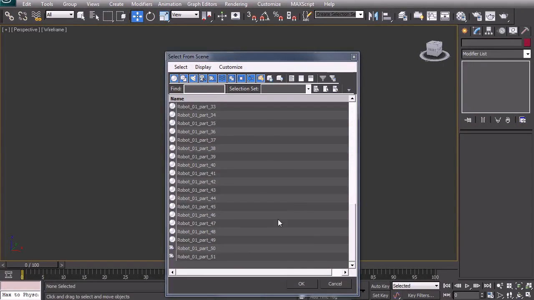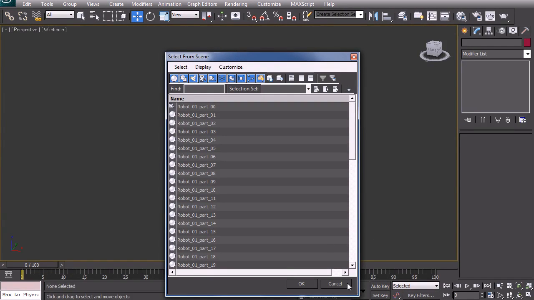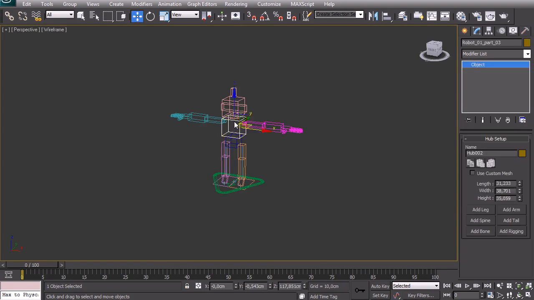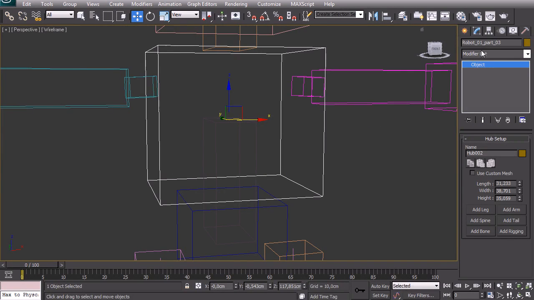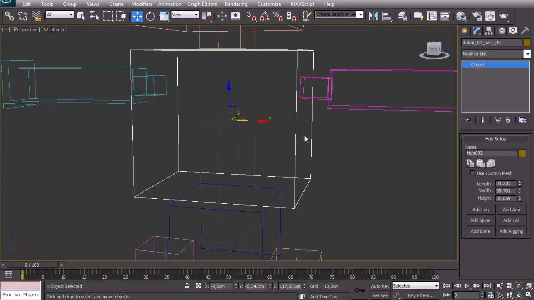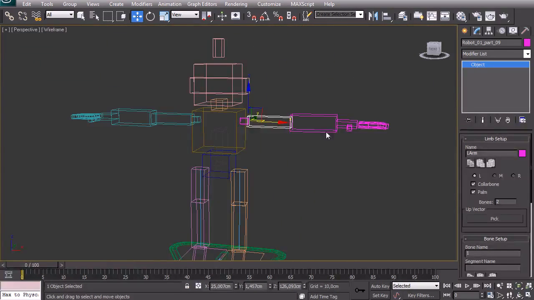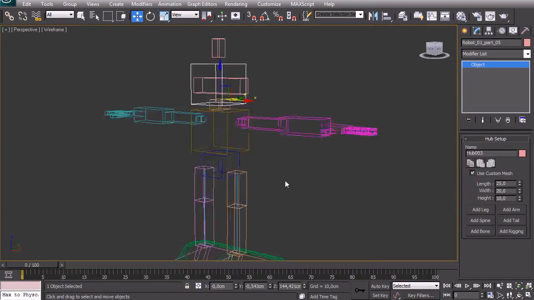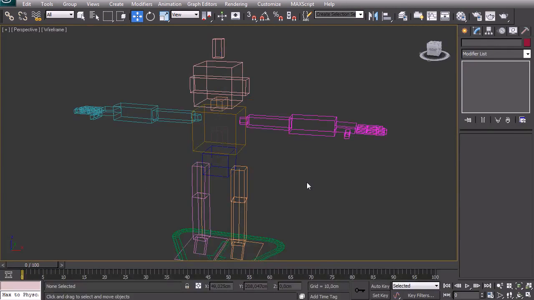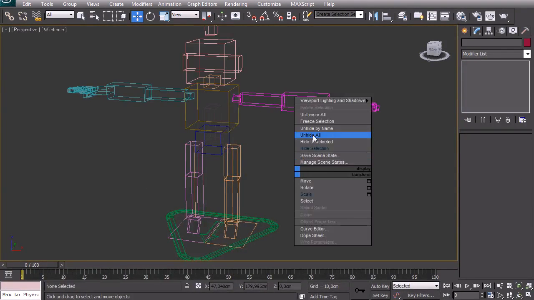So this way I don't have repeating names or something that's not proper, so it will be easier for me to manipulate different pieces. So for example, if I select this, now this is robot 01, it's part 03 of the rig or something else. This way I can quickly navigate from different pieces and so on. So now I can unhide all and